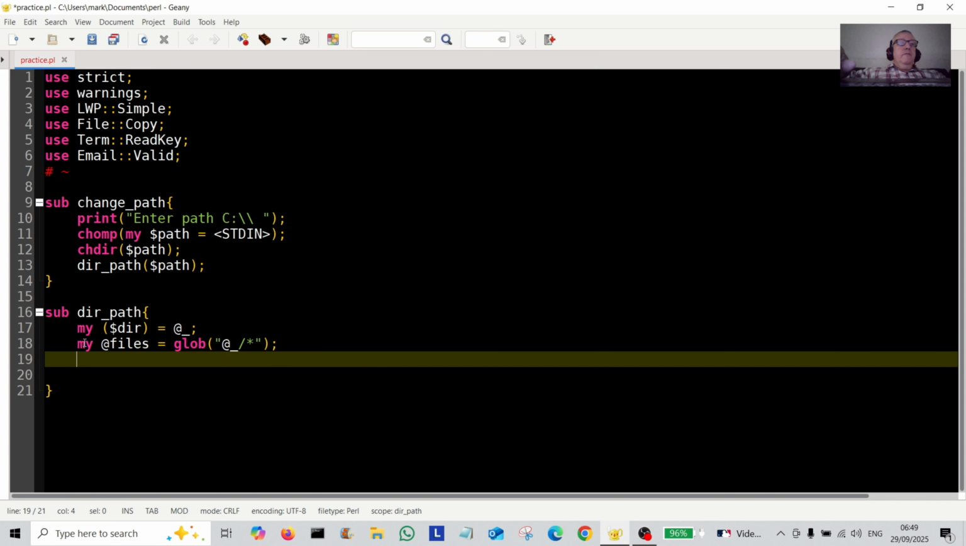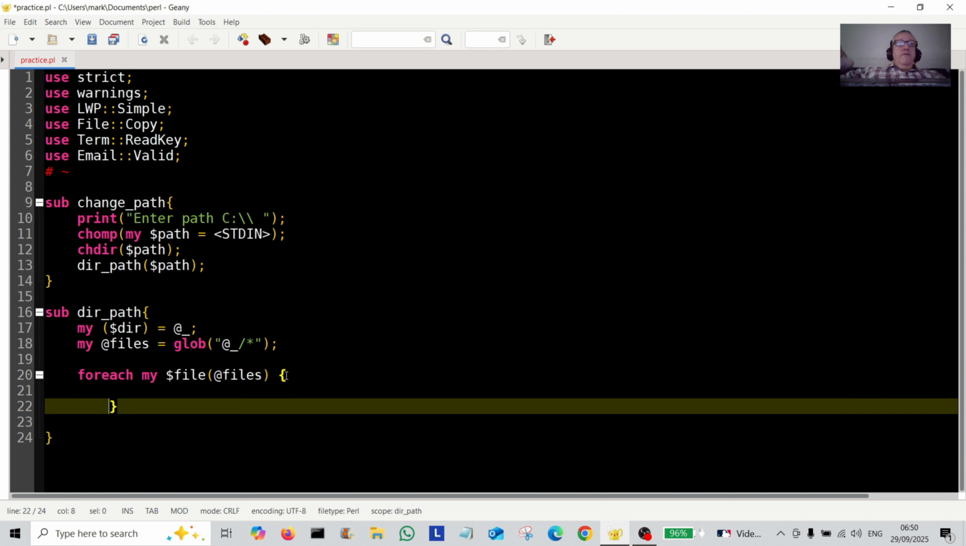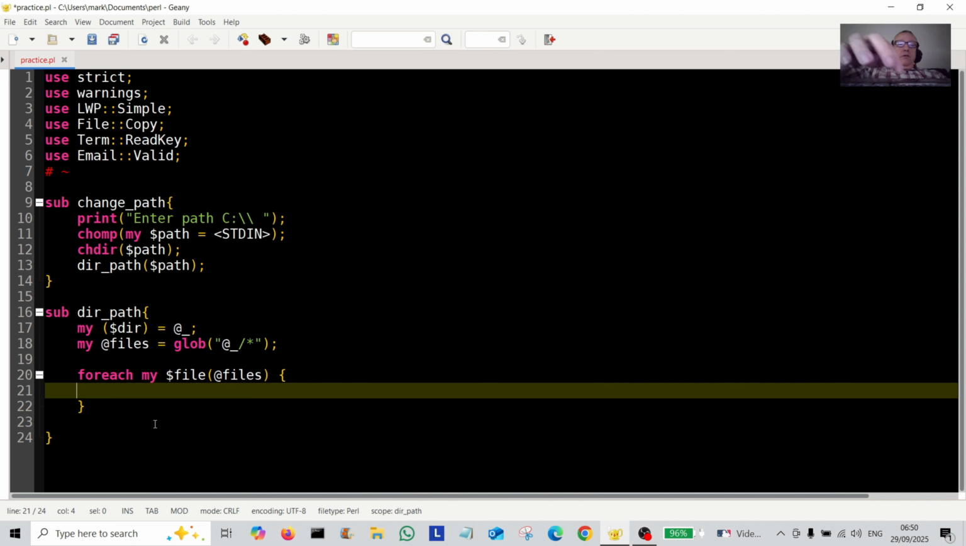Okay. Now we're going to do a for each. We're going to loop through those. For each my scalar file in files. So we're going to loop through all those files, and we're going to do a conditional here using if. So if the file